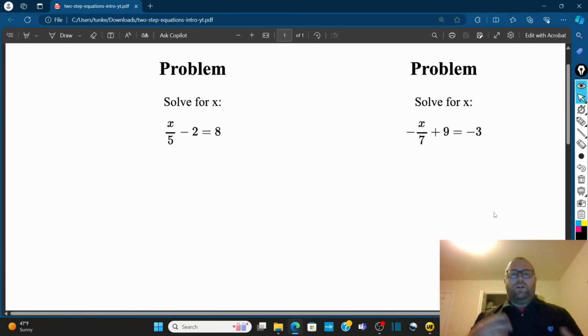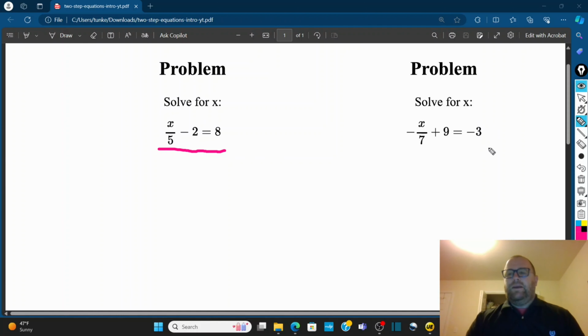In this video, we're going to look at solving two-step equations that are of the form x divided by some integer plus or minus some number equals another number. So let's get to it, and let's take a look at this first one right here. So this first one, we're going to solve this equation, x over 5, or x divided by 5 minus 2